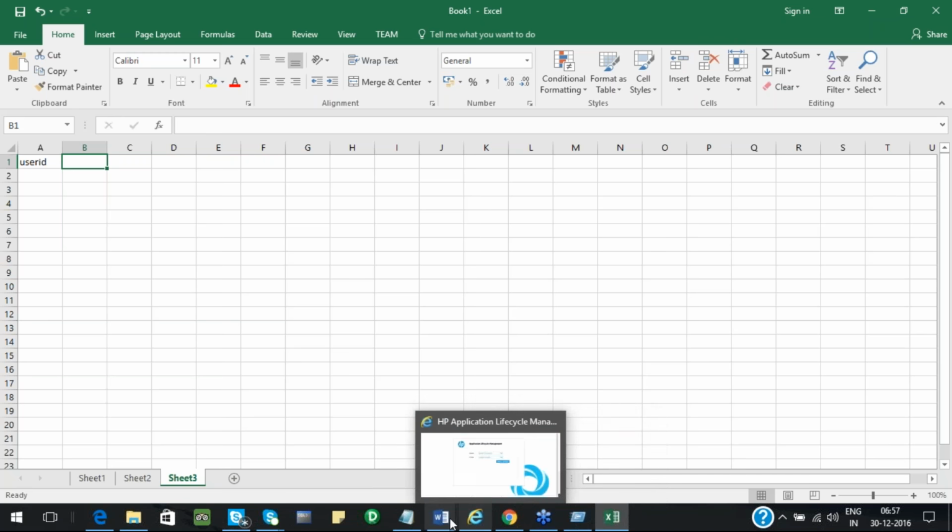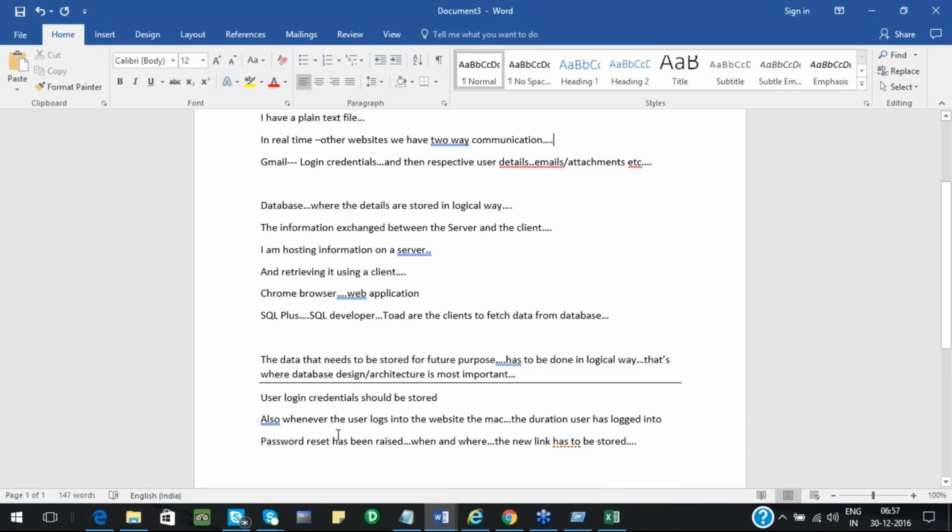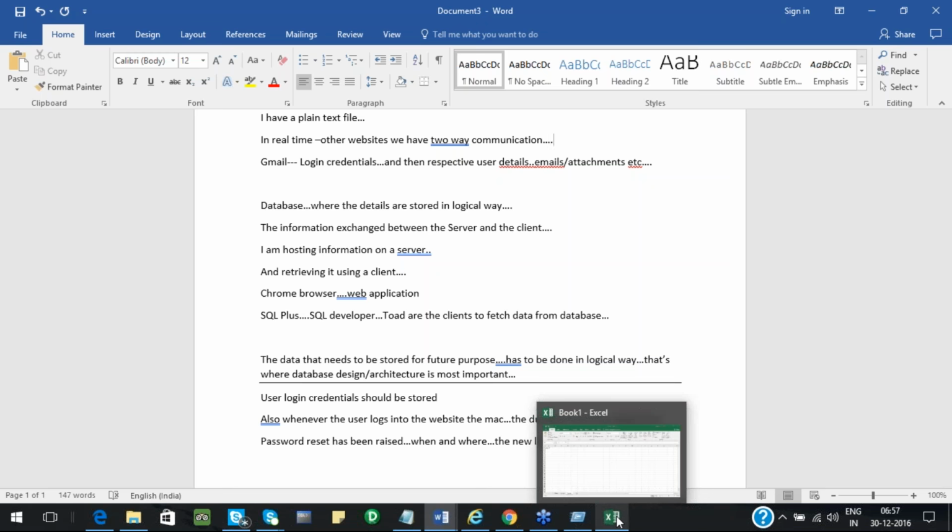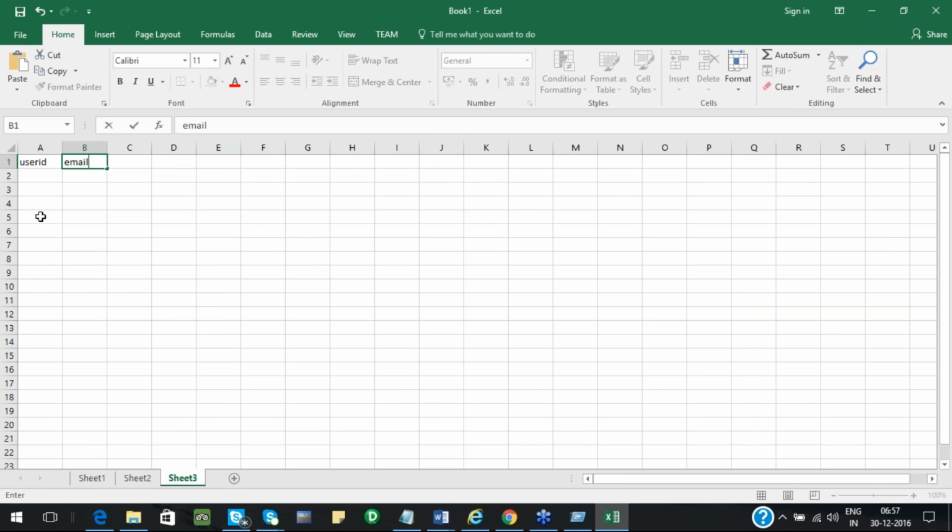No, no. You didn't get the question. My question is, if the user has raised a reset password, when and where it was raised, and the new link that has been sent out, right? For that, I don't require old password or new password. The user hasn't yet generated the new password. So for this, I need email ID. Yes, correctly said. IP address, and then where, right? And then I need the link. Correct. Reset link. Right.